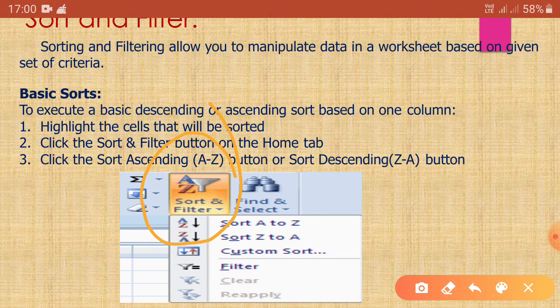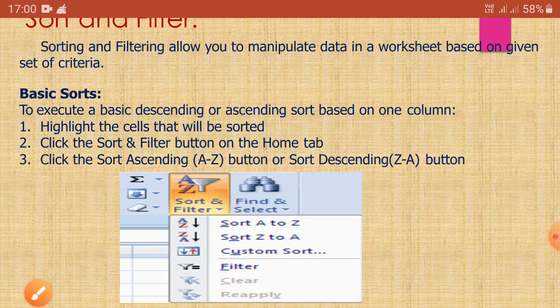If you want to execute a basic descending or ascending sort based on one column, at first highlight the cells that will be sorted, then click the sort and filter button on the home tab, and then at last click the sort you want, sort ascending A to Z or sort descending Z to A.